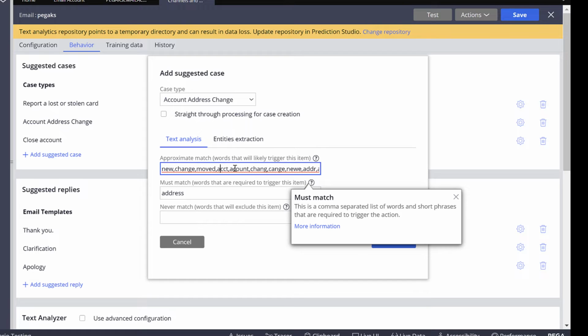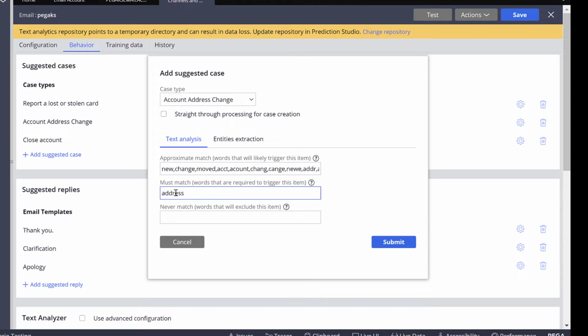If these words are matched in your email, this case type will be shown as a suggested case to the CSR, customer service representative. And the must match word, say address. So your email subject or body must contain address, then only this case type will be shown as a suggested case. And then never, in the same way you can specify a never match word.